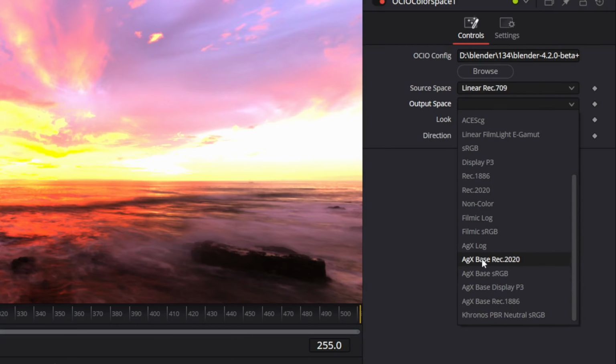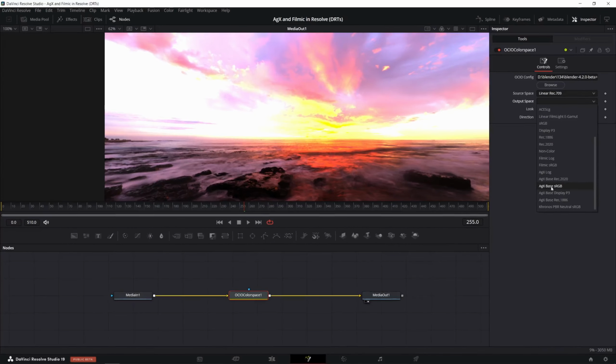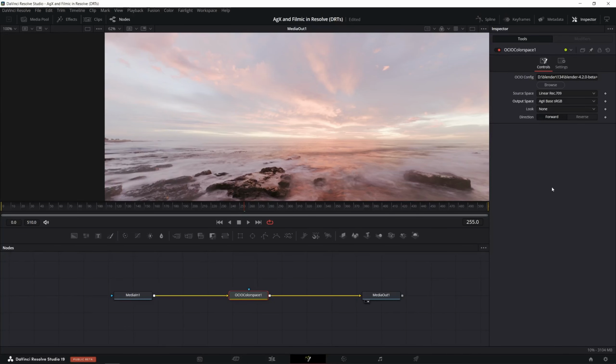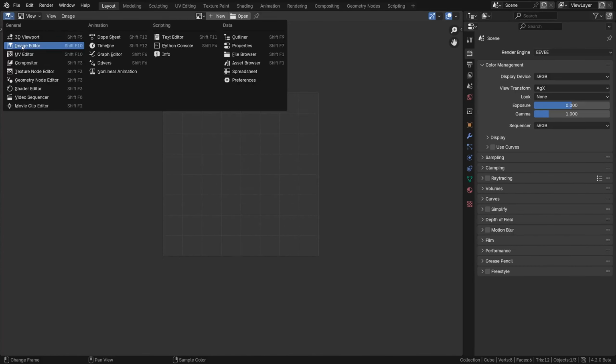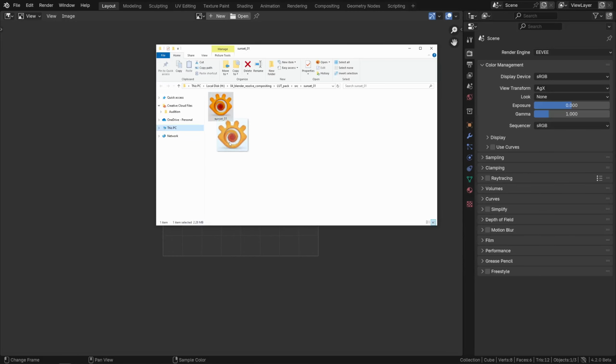Here I'll go for AGX base sRGB, which should make it match Blender's AGX look perfectly. And that's pretty much it for the OCIO method. That was easy, right? To prove it matches Blender's AGX indeed, I'm gonna open Blender, then the image editor, and load up some